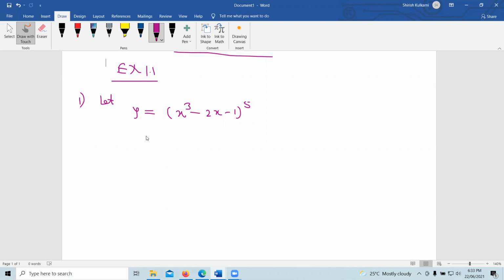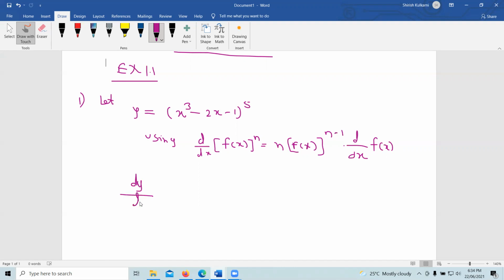तो यहाँ पे standard formula कौन सा है, x raised to n, तो f of x raised to n का formula apply करना है using d by dx of f of x raised to n। Derivative of f of x raised to n is n f of x raised to n minus 1 into f dash of x, n minus 1 into derivative of f of x, d by dx of f of x। ये chain rule का concept है, chain rule से हमें ये problem solve करना है। तो dy by dx कितना होगा, देखो dy by dx is equal to